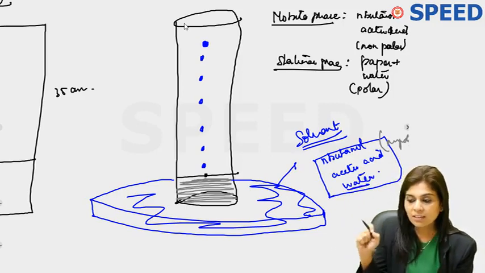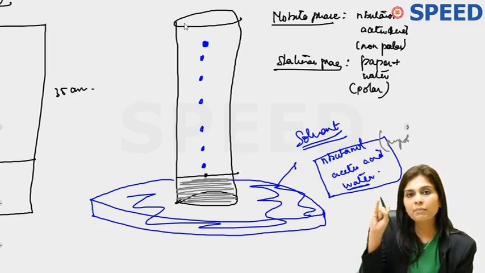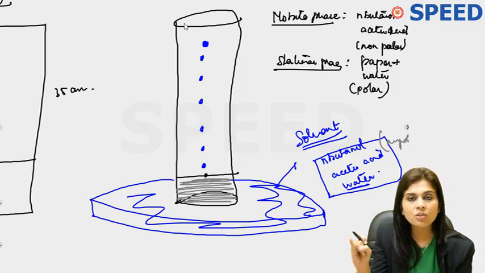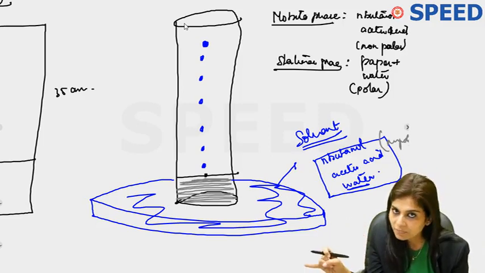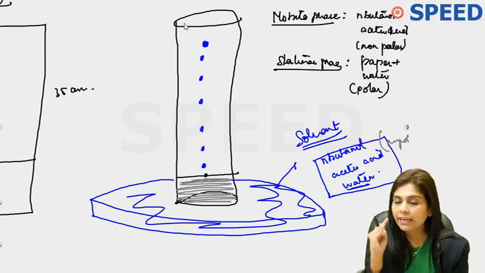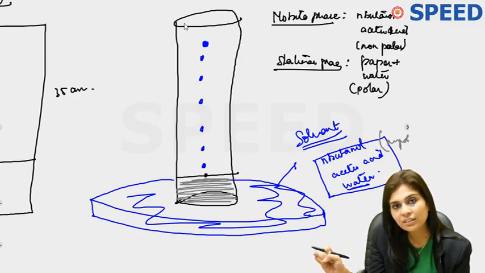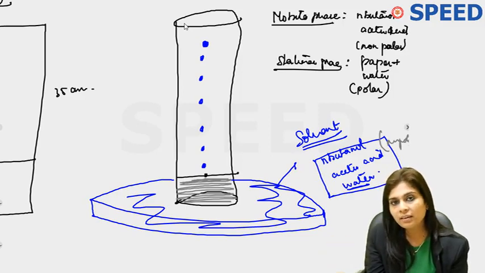Okay, so all that you need to know about paper chromatography is it is used for separating amino acid mixtures, it's used for separating carbohydrate mixture. And for separating amino acid mixture, the solvent that is used is N-butanol, acetic acid and water. And what is the mobile phase here? The mobile phase is N-butanol and acetic acid, which is non-polar, the stationary phase, paper and water, which is polar. So more polar amino acids will be retarded, more non-polar amino acids will move faster.